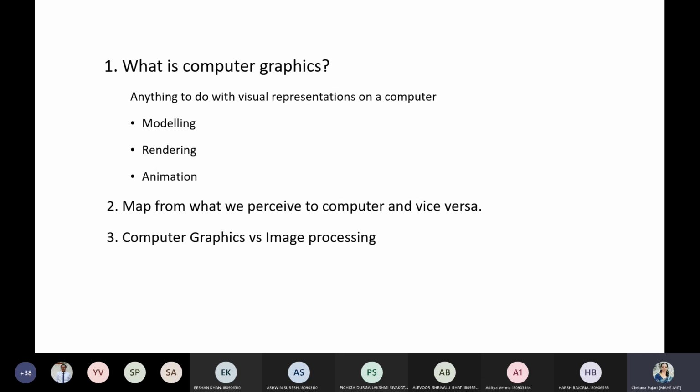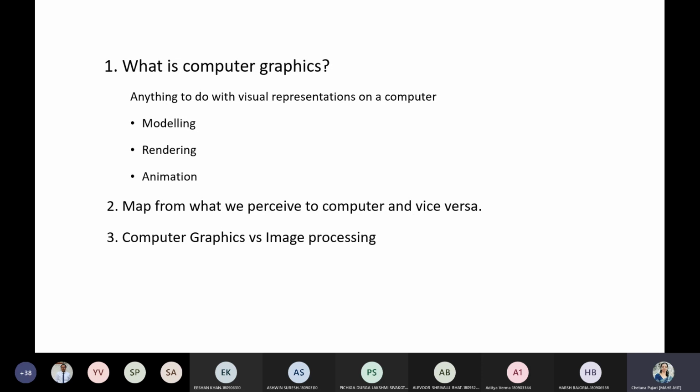Then we have animation, wherein you have a series of models, so when you view them together it looks like an animation. Then the mapping. In a computer you store all the data in a binary format, so there is a need to map your programming language, whatever command you are writing, to the language understood by your computer. And similarly, when you're trying to view any image, you can't see 0 and 1, right? You want to see the actual image, so that conversion is also taken care of by this mapping.